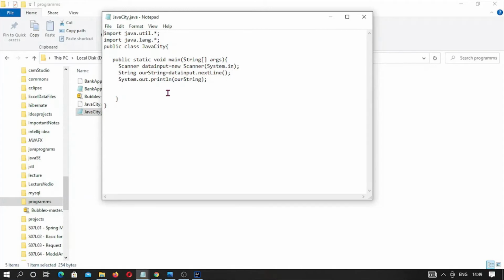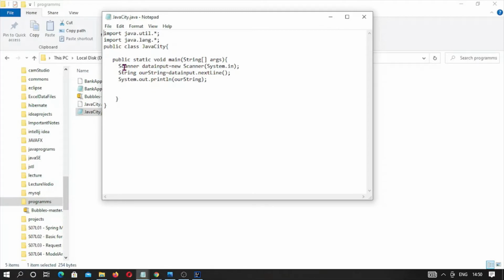In between, whatever is written is the method body, and these three lines, this is a simple 3-line project. Here we have written the statement, and the statement is always ended with a semicolon. This semicolon tells Java that this is a statement and it is a complete statement. This will execute. Okay. So what we have written here, this is a scanner class.